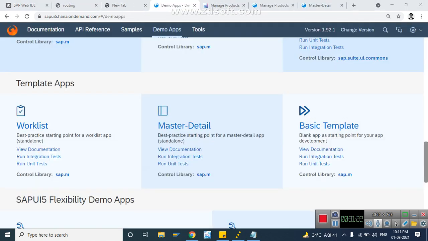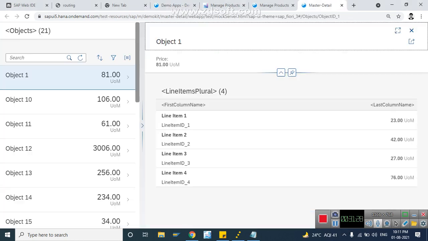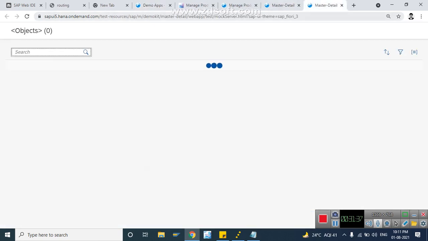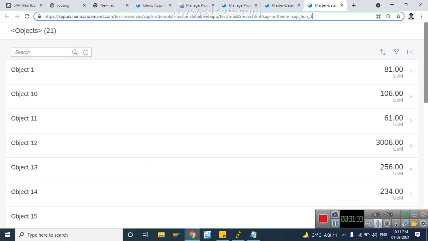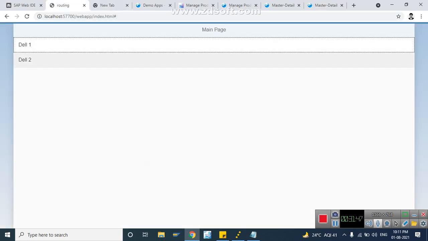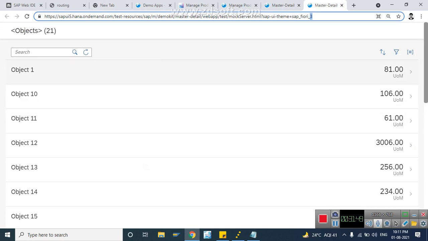To see a real-time example in the demo apps, we have master detail. Open in new tab. Let me open again in a new tab, and observe the URL here. This is the line item we have, similar to ours, a list of a number of products. I'll click here.